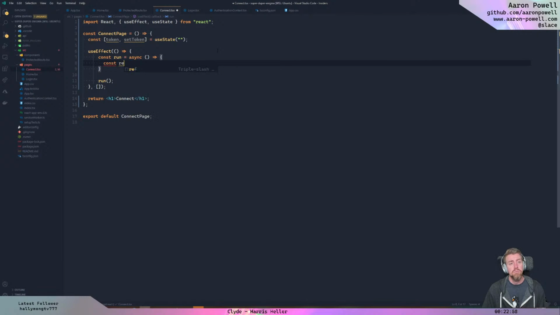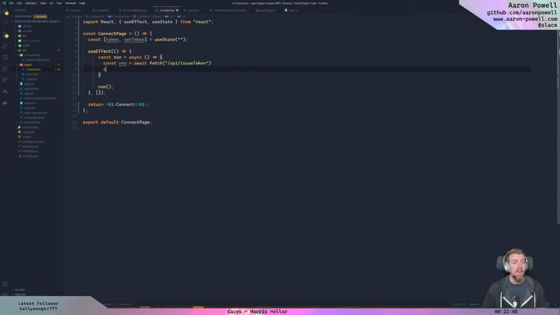We're const res equals await fetch on API/issueToken, and const JSON is await, we get token response is await res.json, and then I'm probably going to have to lift